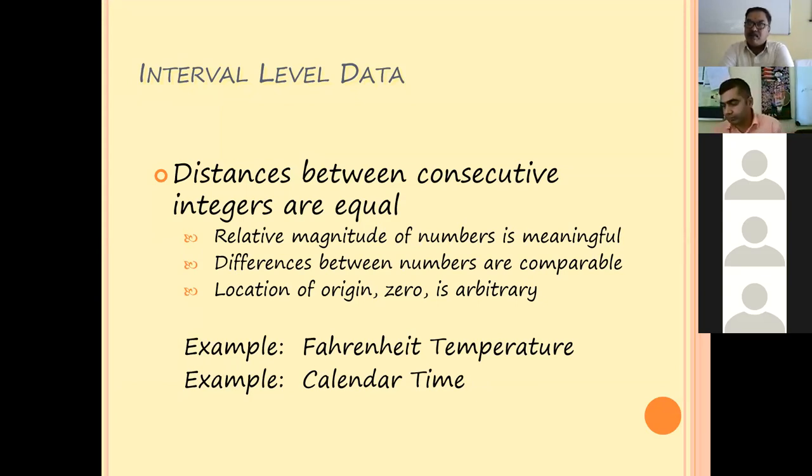So when you talk about the BP, you always say 90 by 130, and calendar time. Each and every year, because from January 1st 2021 to 2022, it's exactly 1 year, like that, and the financial year. So all these are interval type of data, and most generally we convert this interval level data into the ratio scale data by taking the average.